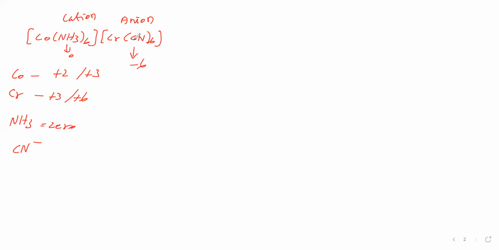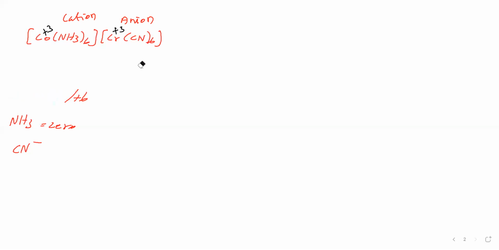Therefore second one must be anion. It is -6. So chromium we have to give +3 or +6. Which we have to give? We cannot give +6, because then it is a separate one, it is not anion. Therefore chromium we have to give +3. Chromium if we give +3, the net charge of this anion is -3. That means the net charge of cation is +3. So cobalt is +3. Like this we have found oxidation numbers of cobalt and chromium.